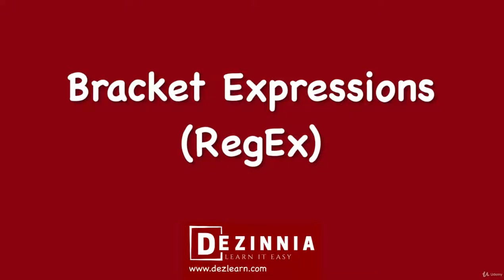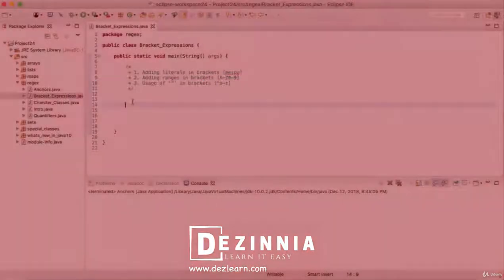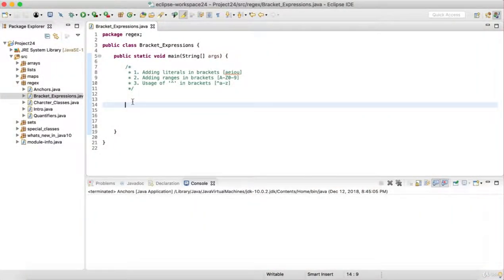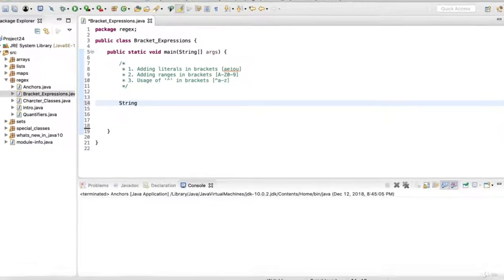Hello everyone. In this session, let us understand the concept of bracket expressions. The characters or the range of characters that we add inside the square brackets is what we use as part of this bracket expressions thing. It's very easy. Let us quickly take a string pattern,